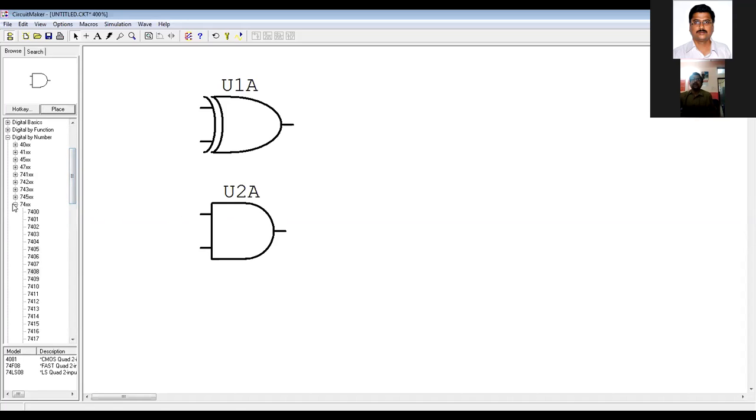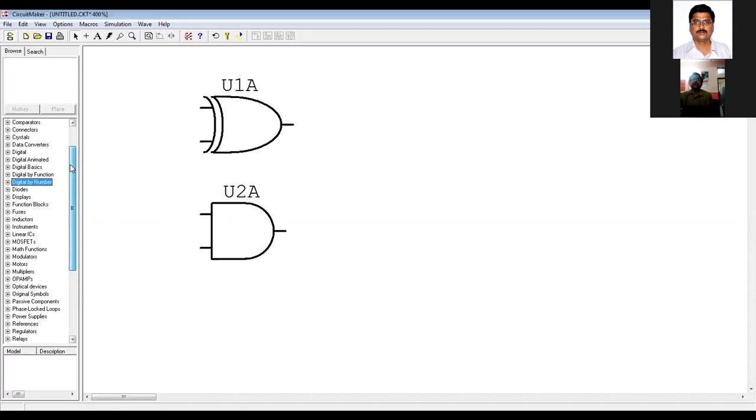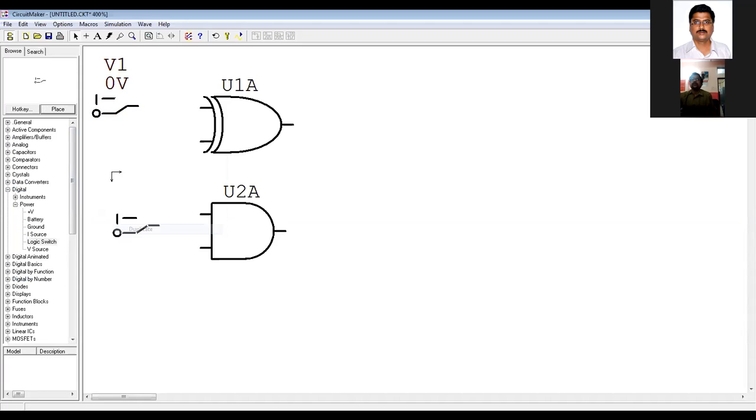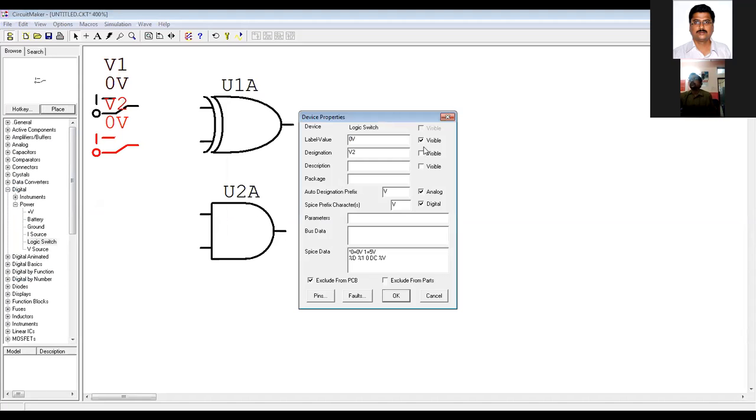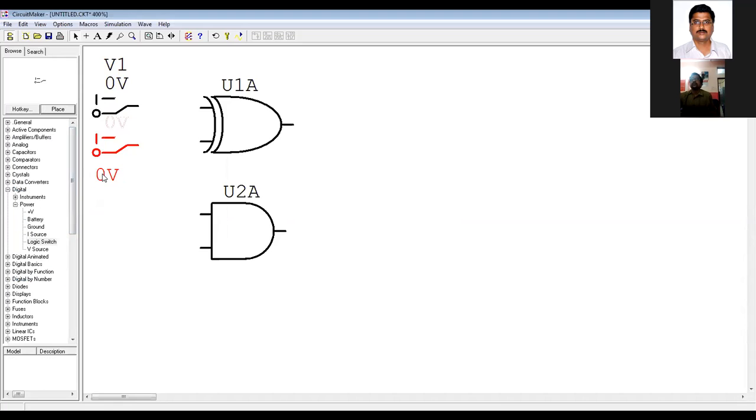Then I need inputs for operation, so I go to digital power, logic switch. Then for output I require a logic display.